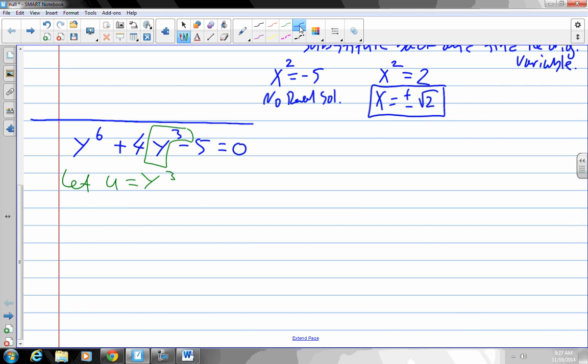And then for every y cubed, I'm going to put a u. So instead of y to the power 6, I'm going to have u squared. Instead of y cubed, I'm just going to have u, and 5 is a 5. So now this is a standard quadratic equation. So this is what I mean. Instead of solving a hard one, I'm going to first solve a simpler one, right? This is a very friendly quadratic equation, right? There's factors, everything's nice and clean,